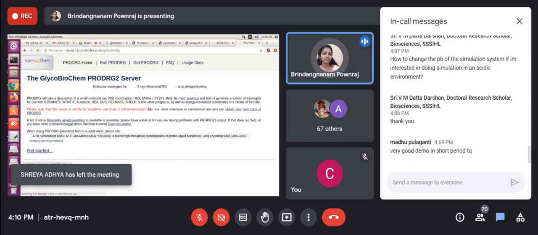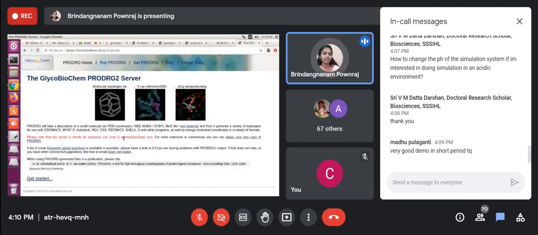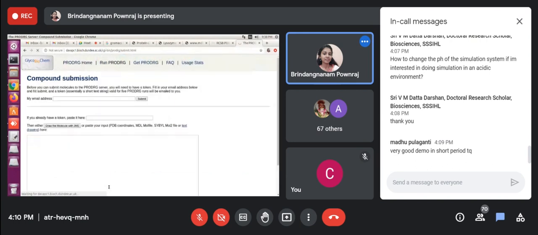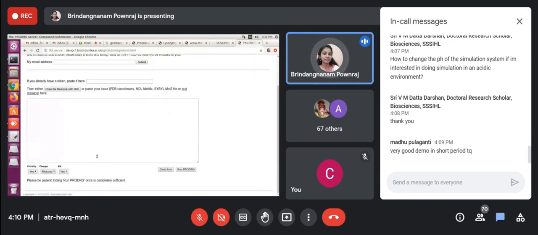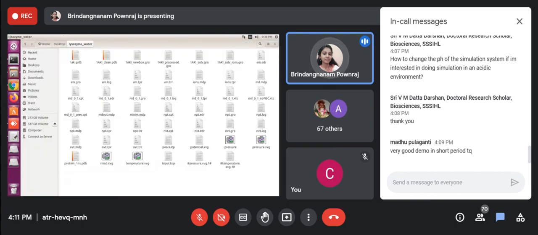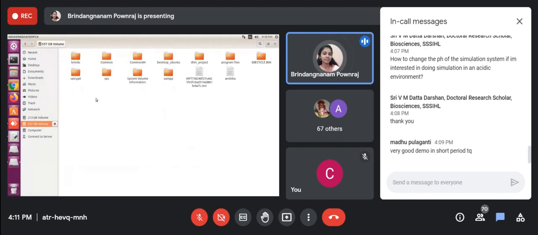So if you import your ligand here, it will generate the ITP file as well as the PDB coordinate file for your ligand. So whatever ligand you have, you have to paste that ligand coordinate file. Those coordinates will be there, no? That you have to paste here. Okay, I will show one of my work.